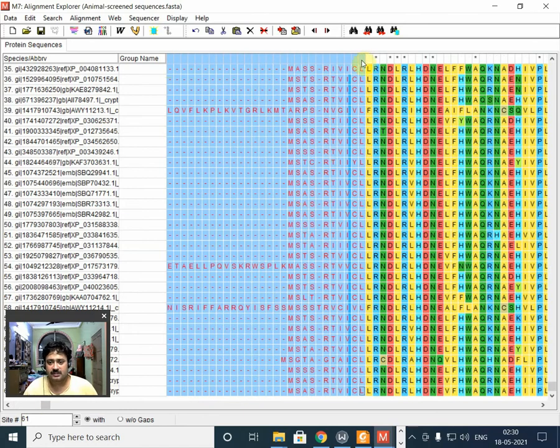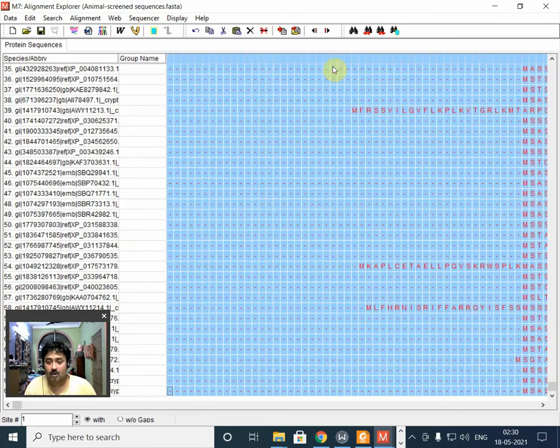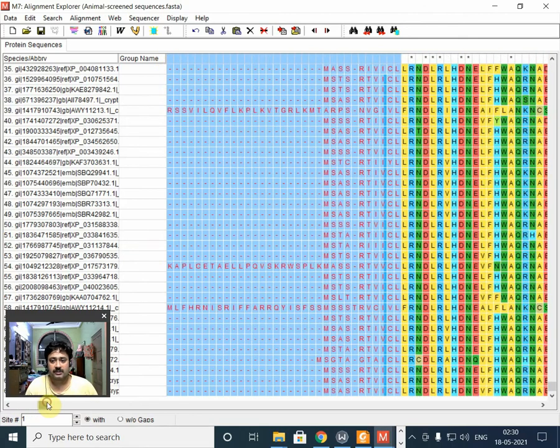Another option is you select again, you just click over here, and then you shift press, sorry, I said the opposite thing. You press shift and then you press home. What it does is it goes to the very first column, that is this one. Then it will automatically get selected, and you can directly go for delete.